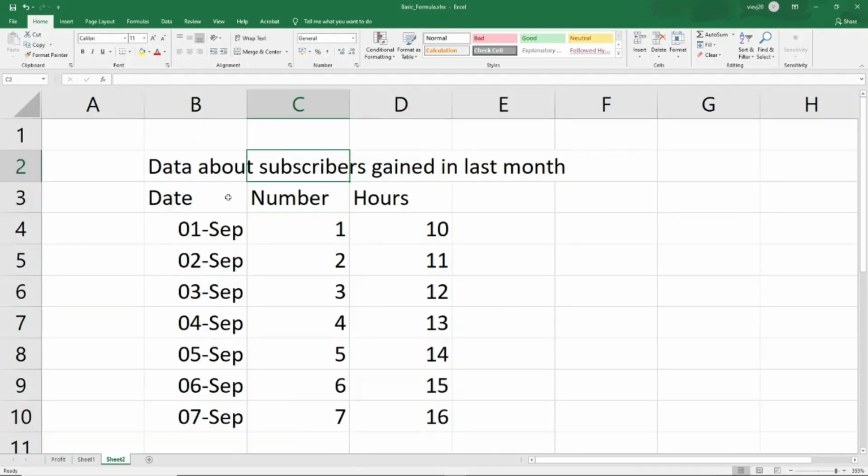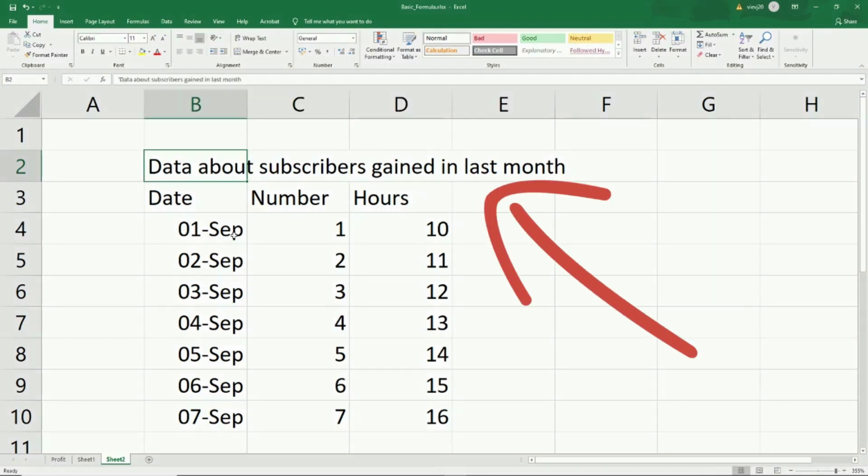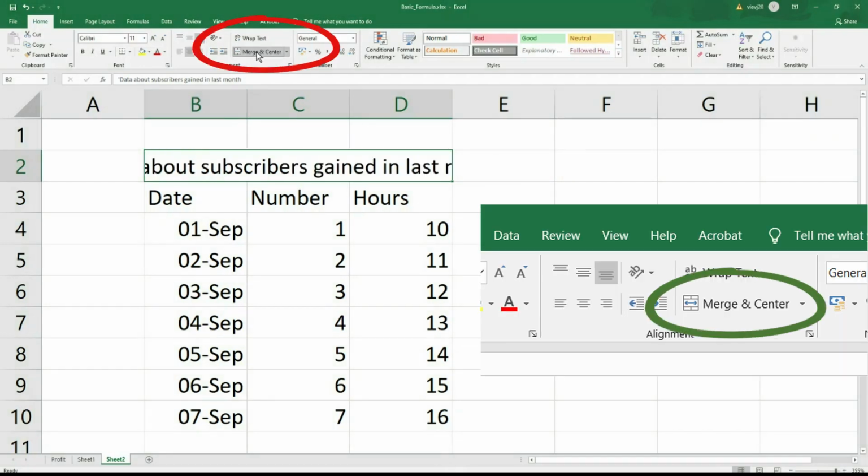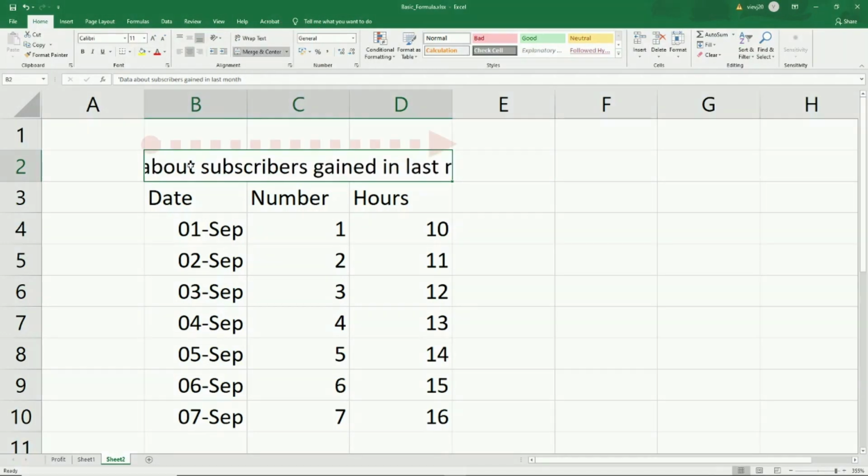So if I would have had data something like this, whenever I'll print out, you will see that some data is going here and there, and especially the top heading is looking very weird. So what I will do is I will select the cell B through D in row 2 and go and click merge and center. So what it has done is it has made cell B2 until cell D2 as one cell.